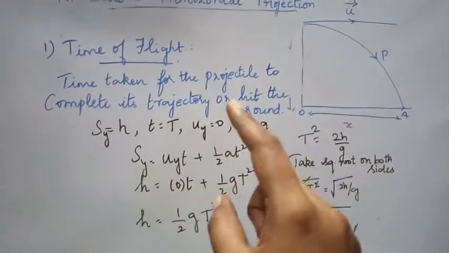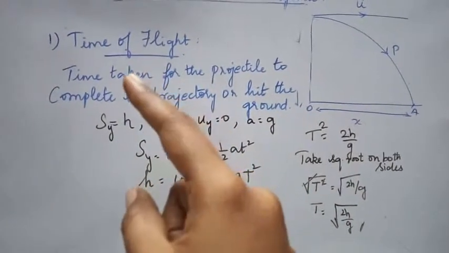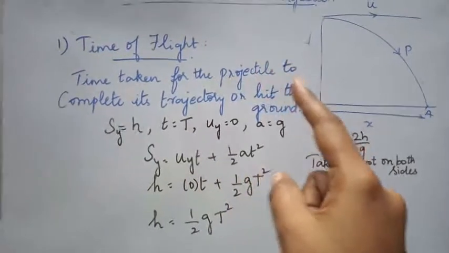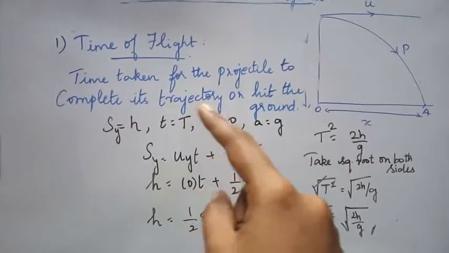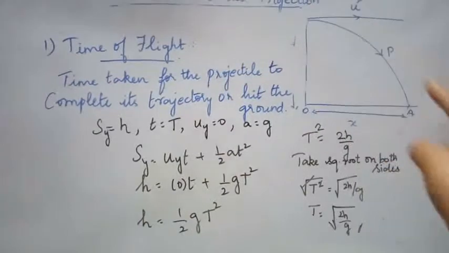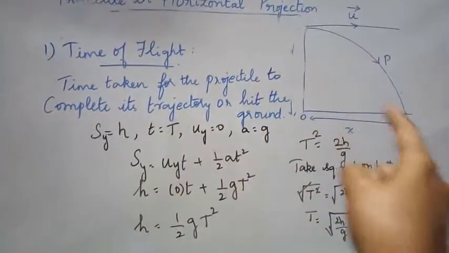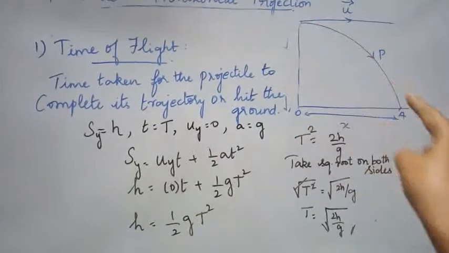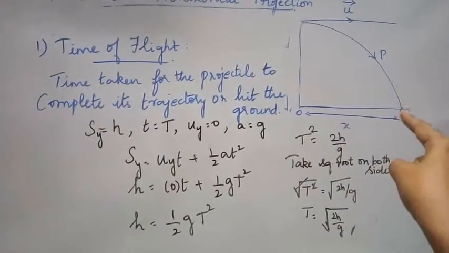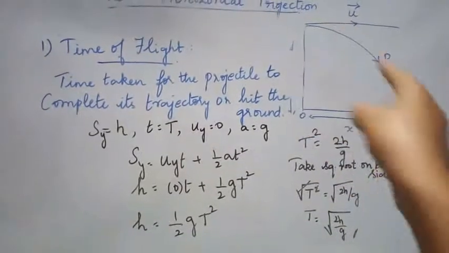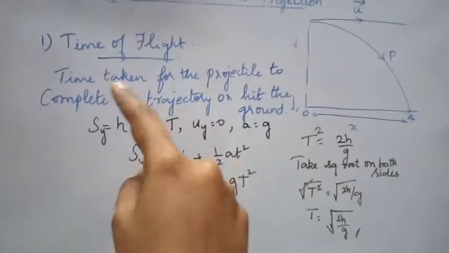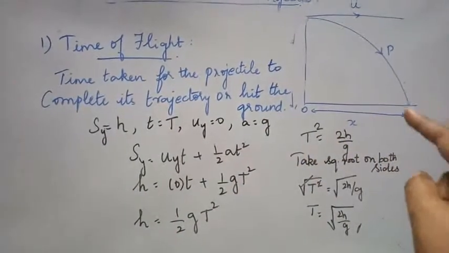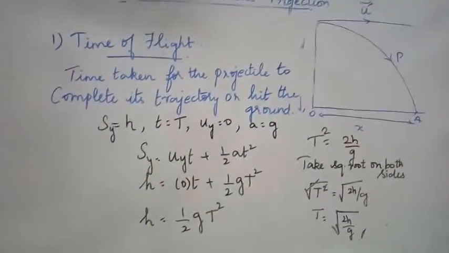It is called the time of flight. So let us go into the definition here. Time taken for the projectile to complete its trajectory. So what is trajectory? The path. This path of the projection is called the trajectory. So it will complete from there, it will end at this point on the ground, no? So this is called the completion of the trajectory. Time taken to complete this trajectory or hitting the ground by an object is called the total time of